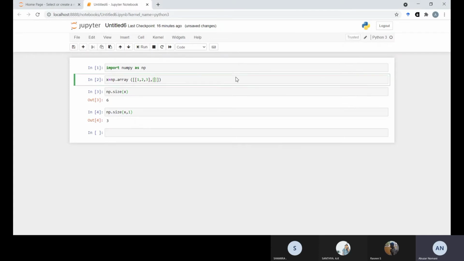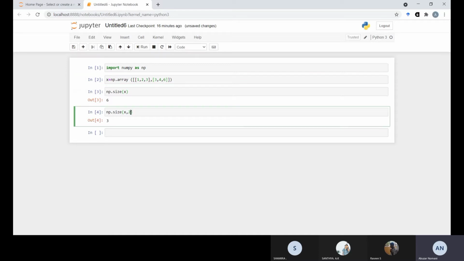You can check it with this. So here we can see in the first column of the array we have 3 numbers. Similarly, if you put 2 here, the next column will also show.